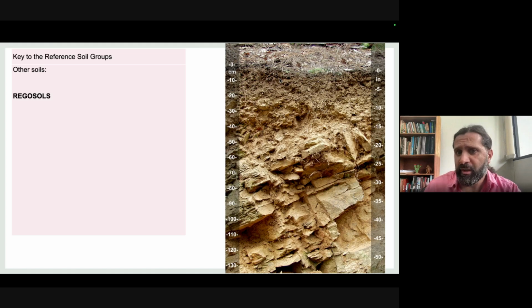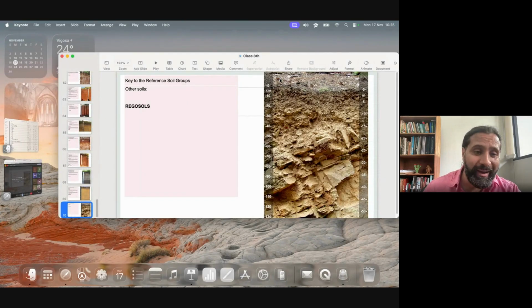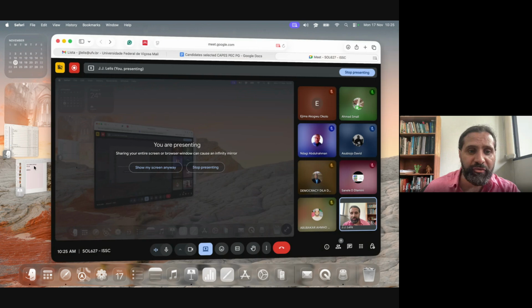It's just chemical weathering, but an incipient chemical weathering. Not too incipient to form a Leptosol, but incipient enough to not create, for example, a Cambisol or any other kind of RSG. Okay? So, guys, with this, we finish